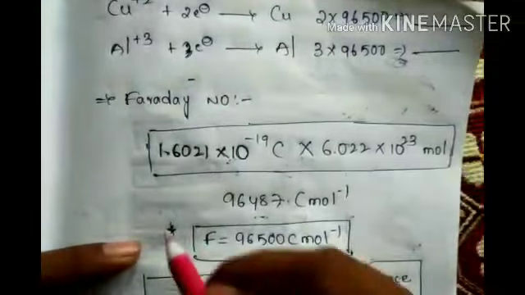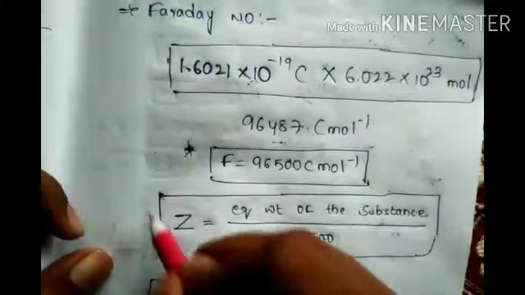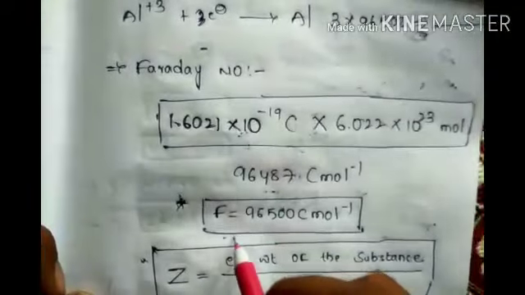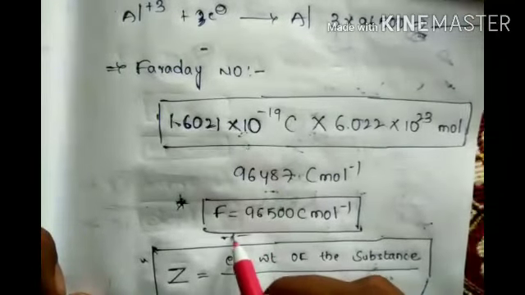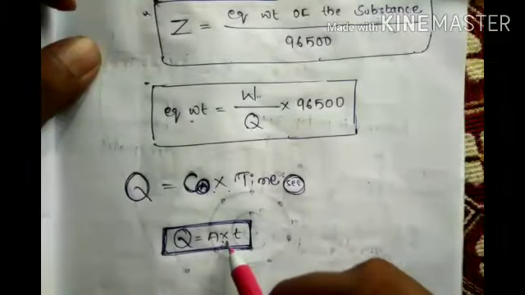What are they? First remember this Faraday's number. JEE and NEET people, remember this. And till here, board exam people only remember it. Those who want board exams, remember till here. JEE and NEET people, till here. This you already know.